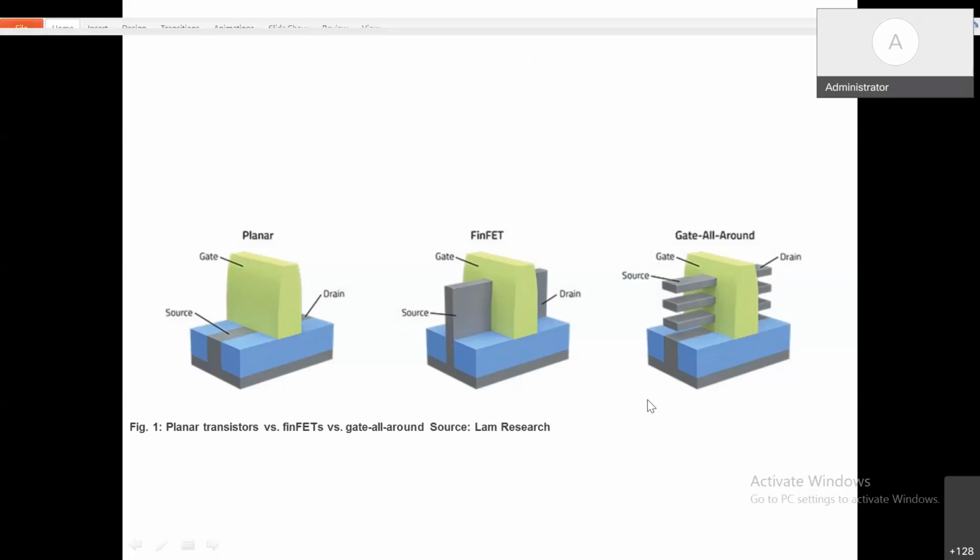This is the comparison between the MOSFET, the FinFET, and this one, which is actually the gate all around. You can see here we had gate 1, gate 2, gate 3 like this. But here the fin was vertical. The fin was vertical. But here you can see the fins are surrounded by gates on all sides. Here the gate was actually connected to the substrate, and also the fin was connected to the substrate.